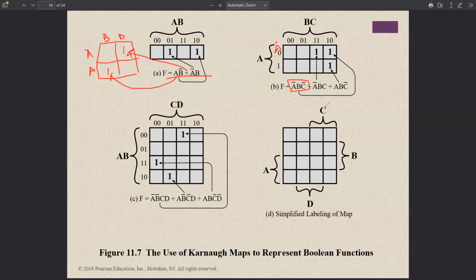Thank you. And this one, A bar B C. So where is A bar? This row, and B C is here. So